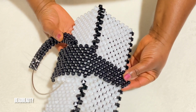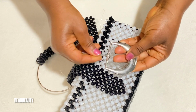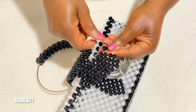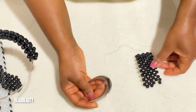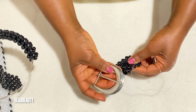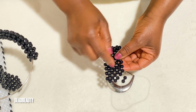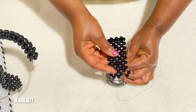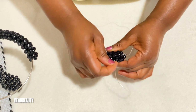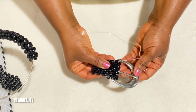Now let's add the buckle to it and we'll be done. This is the buckle. I made a little belt for it too. Okay, this is how it closes. This is the belt that I made for it. Okay, so now what I'm going to do, I'm going to wrap this belt around my buckle. Okay, I'm going to pull through the third bead, this middle. Okay, this middle hole, pull through it like this and wrap the rest around the belt and join the belts